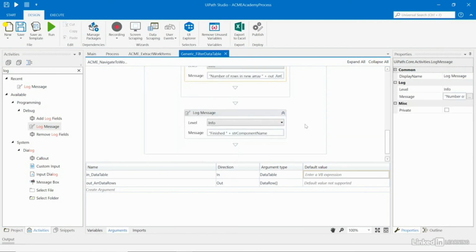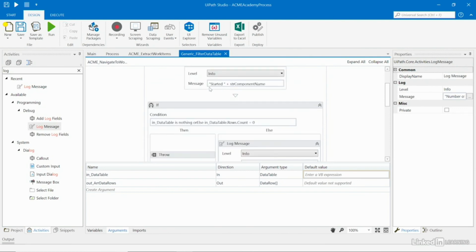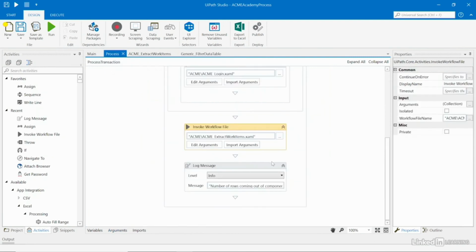One thing to note is that this component won't work on its own. That's because we don't currently have a data table coming into this component. The easiest way to do this is to have the component run following the Acme extract work items component. So we're going to extract the work items from the application, and then we're going to run our generic filtered